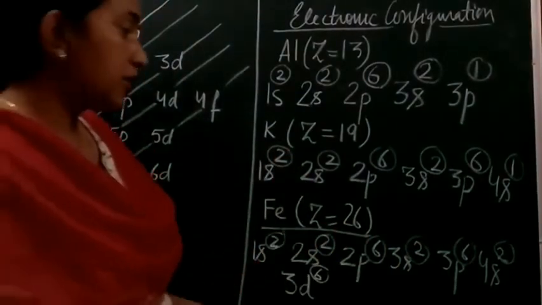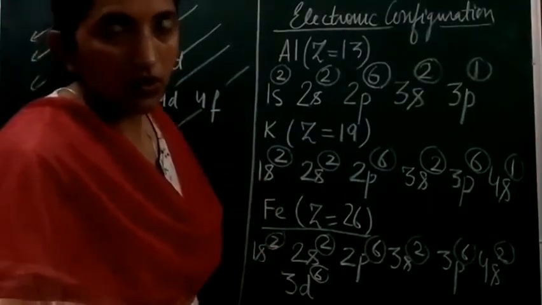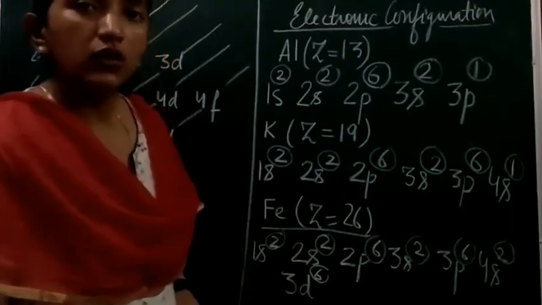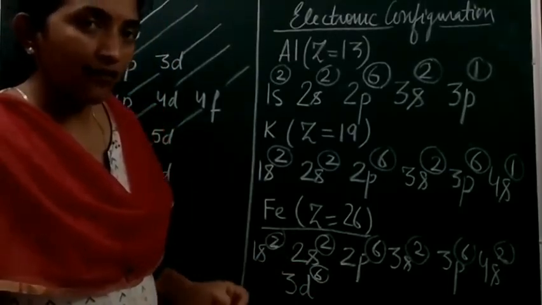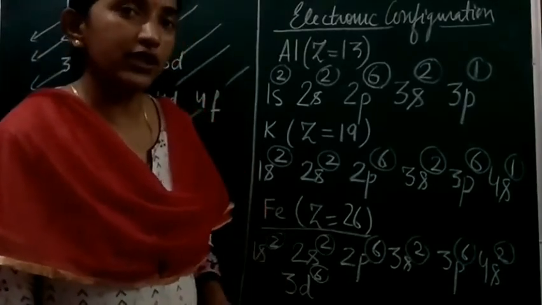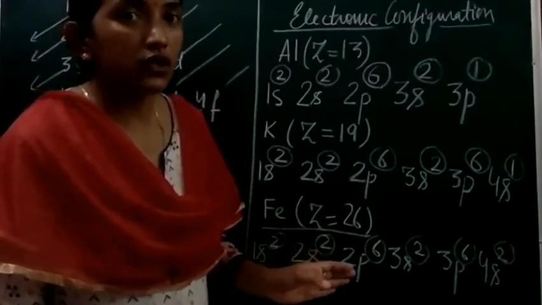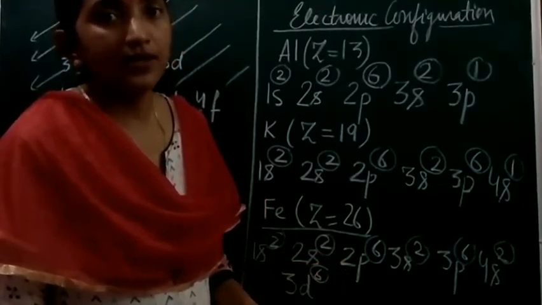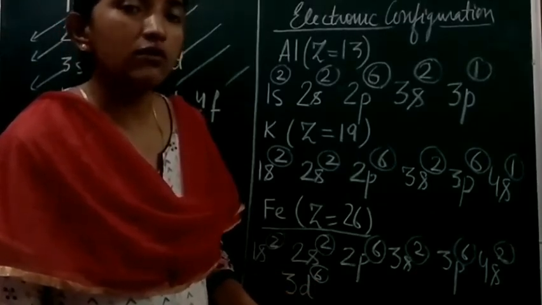So students, we are going to continue to write down the configuration in this way, though we have got exceptional cases also. The common exceptional cases are chromium and copper, where when we discuss them, we have to go through one more thing. One more point is to be noted here: the half-filled configuration, where the atomic orbitals have half the number of electrons that can be accommodated in them, or the full-filled orbitals, have the maximum stability. That means for the p subshell, what is going to be the half-filled configuration?